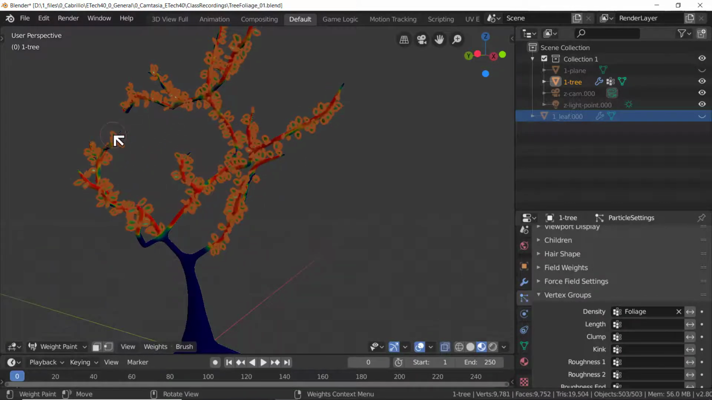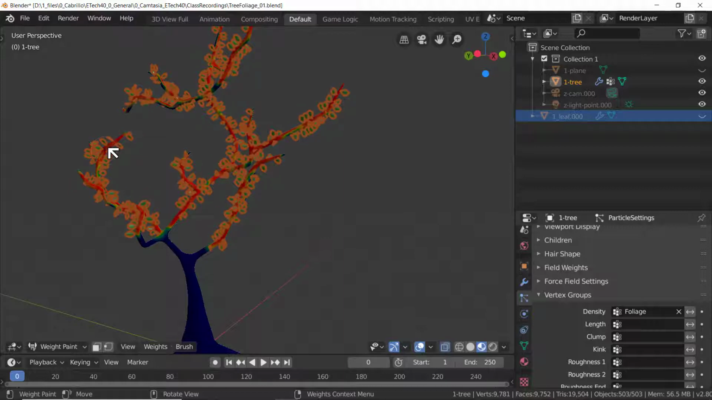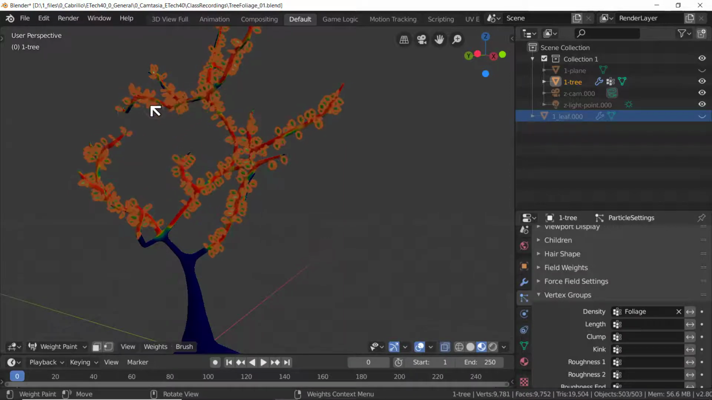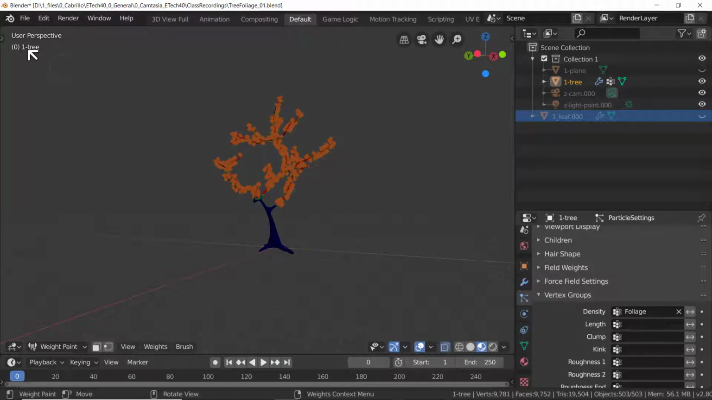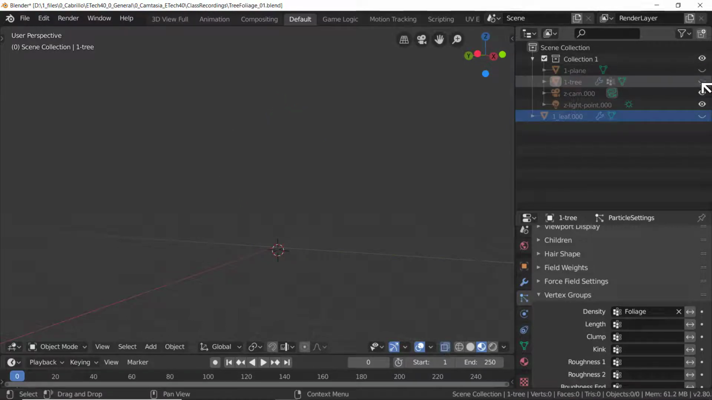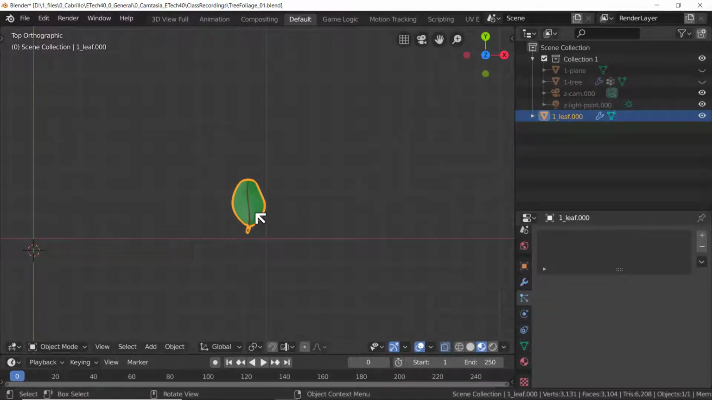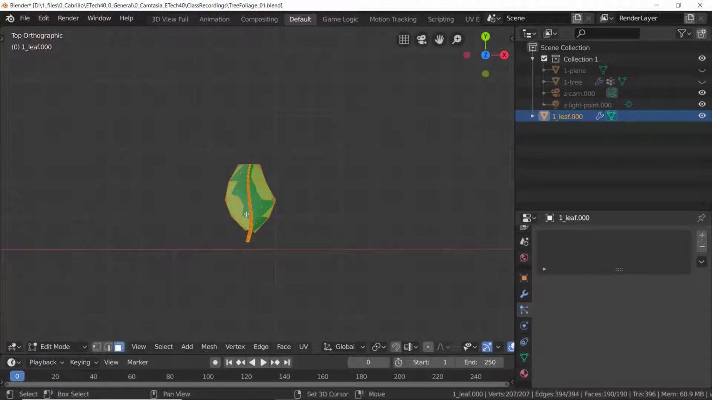But supposing we want something more than just leaves emerging magically from the trunk, which I don't think many trees actually do have. So I'm going to go back into editing the leaf. Object mode, we'll hide the tree, and we'll show our leaf. We'll go to top view and go in here, edit mode, so Tab, and now Shift D,